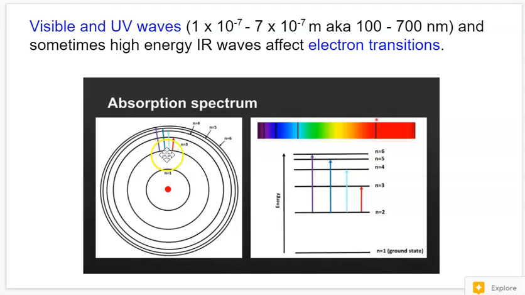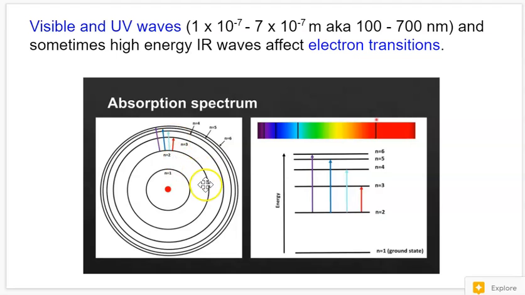We know that there are specific energy differences between energy levels, which means a specific amount of energy is required to get the electron to move, say, from the second energy level to the third energy level. And no other type of energy will do. If we have slightly less energy, it's not going to work. If we have slightly more energy, it's not going to work. You can think about it in terms of rungs on a ladder. They need to be in the exact spaces or the exact differences between the levels in order for it to